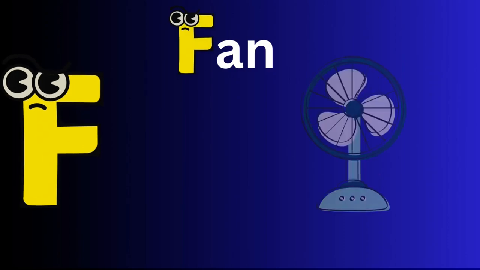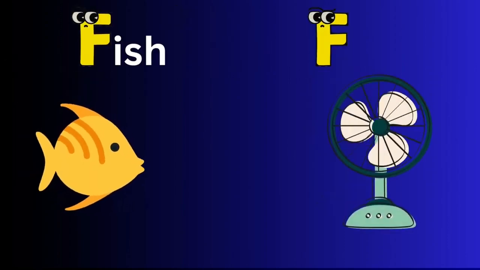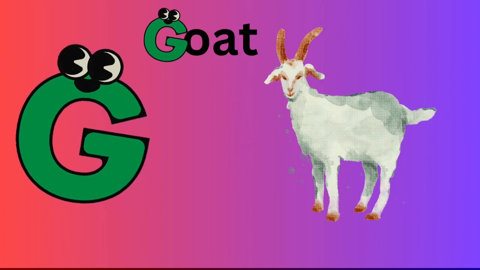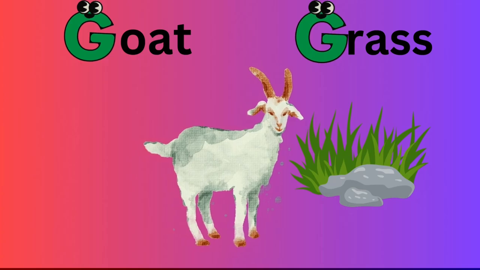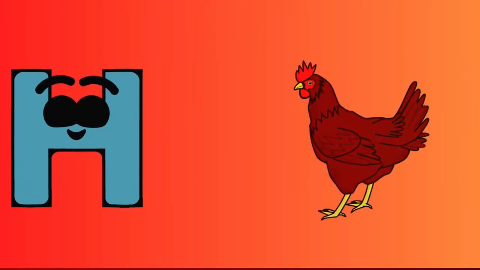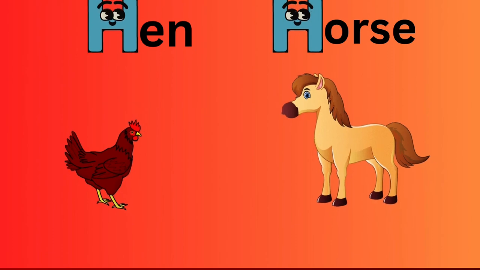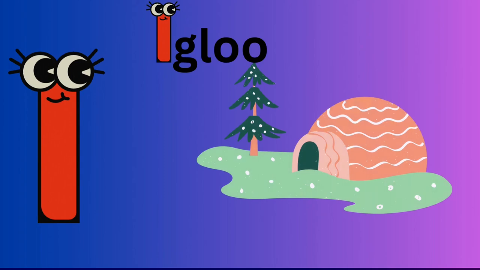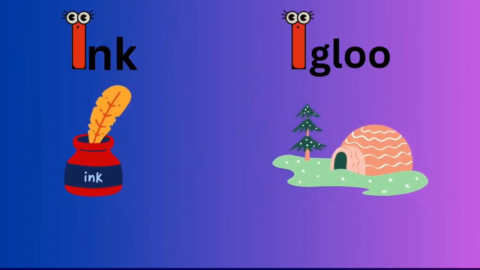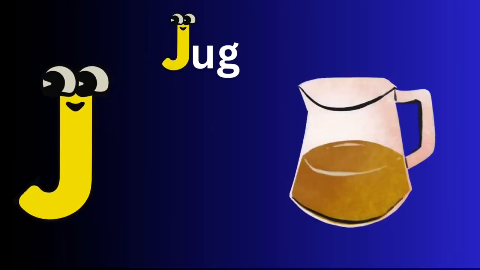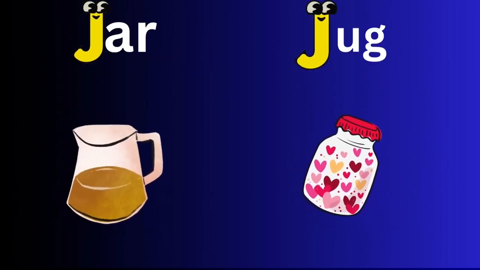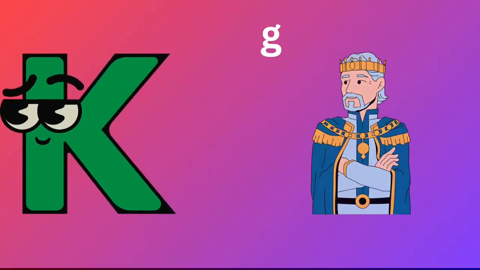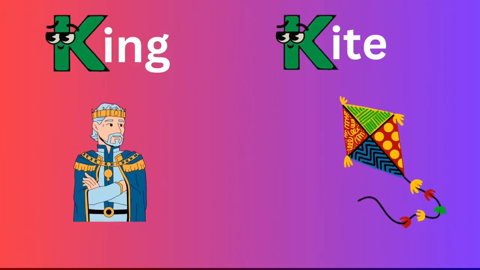F for fish, F for fan, G for goat, G for grass, H for hen, H for horse, I for ink, I for igloo, J for jug, J for jar, K for king, K for kite,